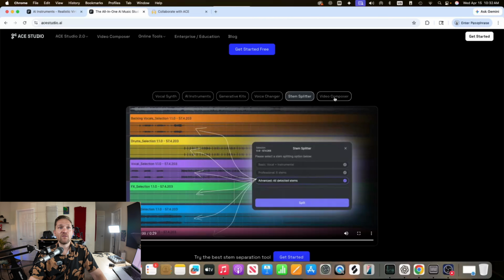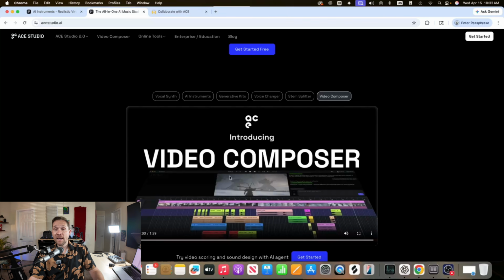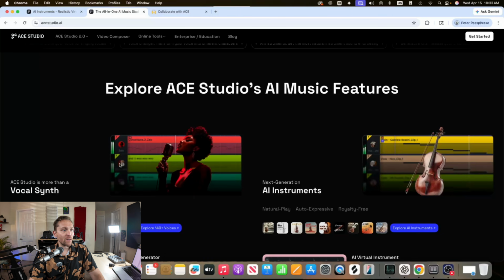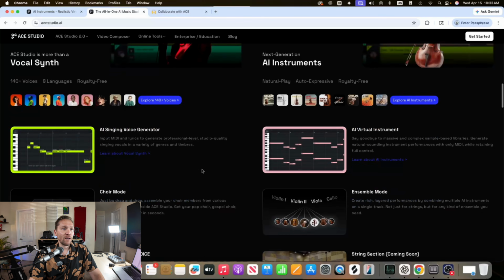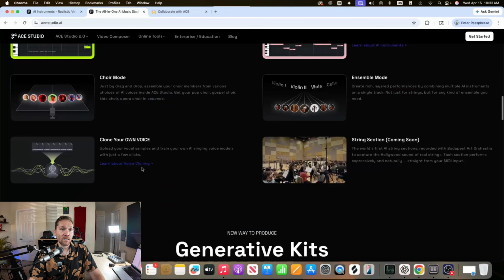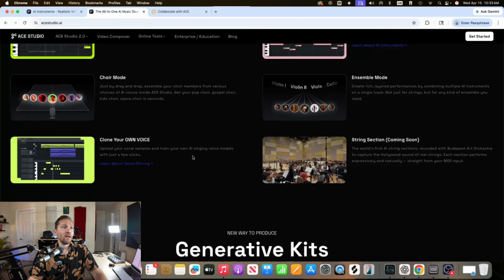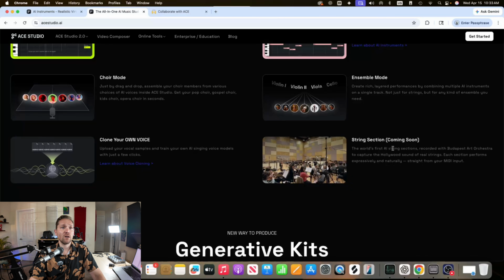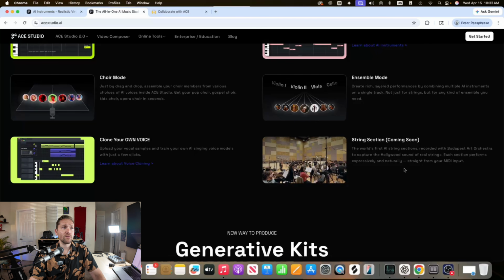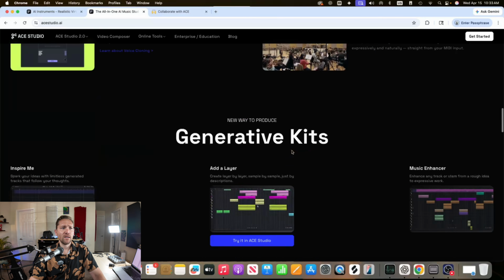And then it has the video composer, so you can upload any visual and generate music, sound effects, layers. You can even upload your own music that you created and enhance that by highlighting a certain area. So it is pretty interesting, and their website is actually really well built, and a lot of interesting stuff is coming. I saw that they're also working with East West, and